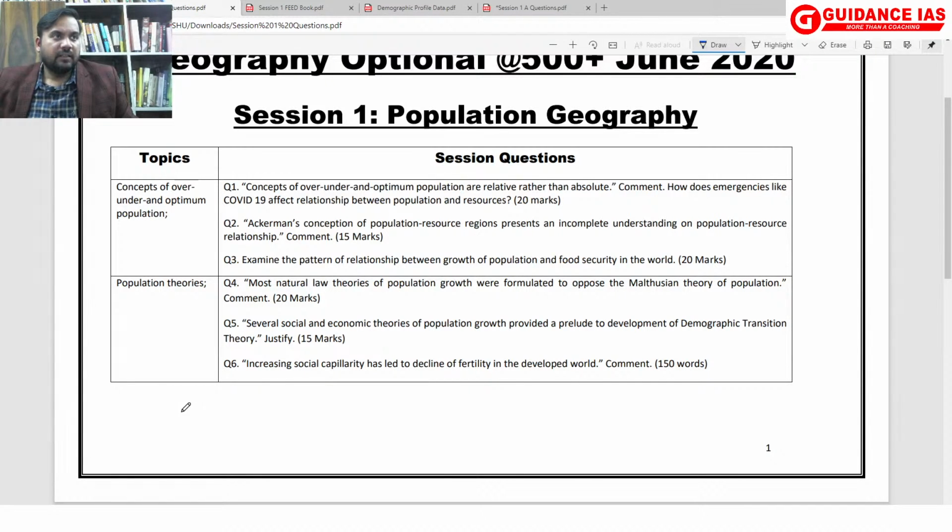ठीक है. Wherever it is given more exhaustively, much better. If you have suppose two sources for the same topic, don't think कि मैं इसमें से भी अच्छा वाला निकाल लूंगा, इसमें से भी अच्छा वाला निकाल लूंगा. What will happen? You will end up wasting time. You will not be able to consolidate. So you choose which one is better and just study that.